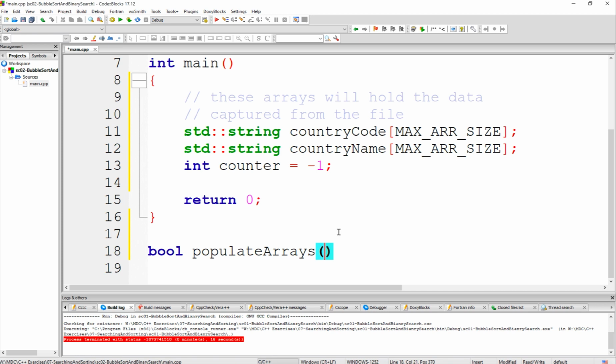Now these two arrays currently have nothing in them. I could have initialized them to empty strings, something like that, because right now we don't know what's in these arrays. We just allocated a block of memory, and for all we know, there could be some garbage in it. All right, so populate arrays is going to take